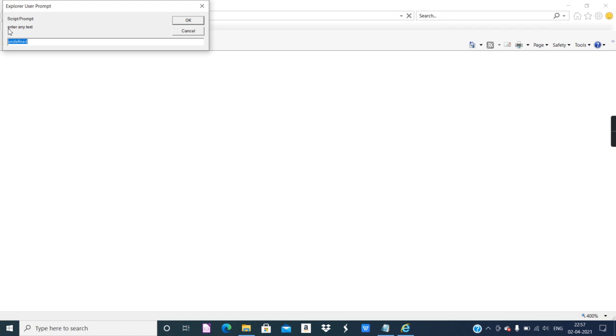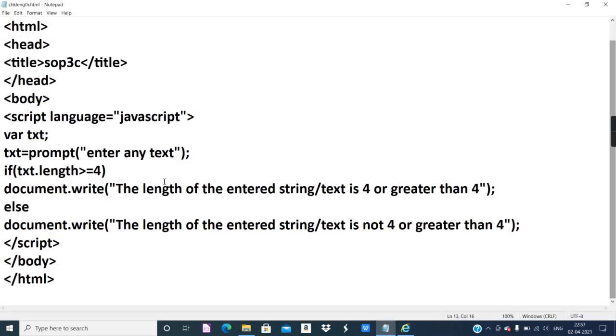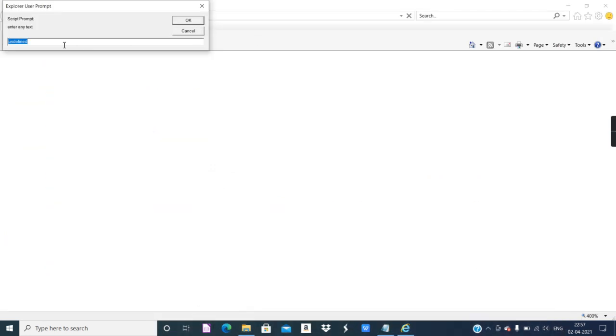Now the prompt dialog box has appeared. It has the text "Enter any text", which we gave over here. Let me give the text JavaScript. You know very well, JavaScript has 10 characters, so the length is 10.